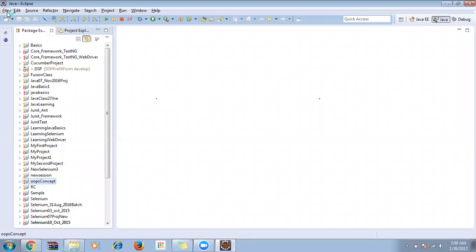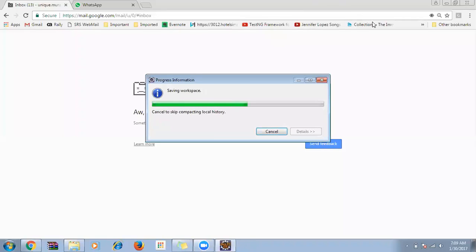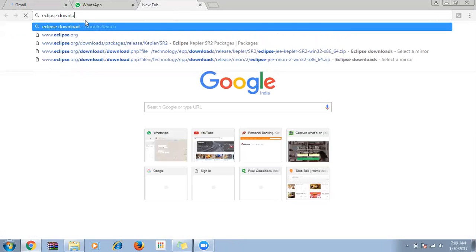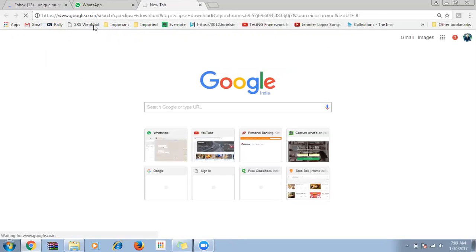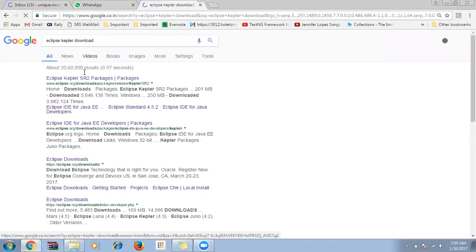So to create a project, what I need to do, I need to go to file. But before that, if I want to open Eclipse, I have already downloaded it. We have seen how to download Eclipse. I usually give a version so that I go to the version page, the downloads package release page. If I come inside,